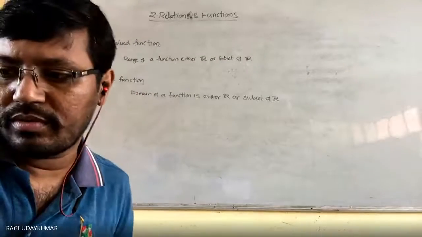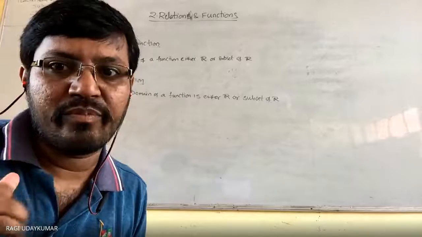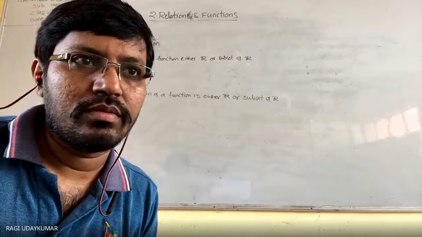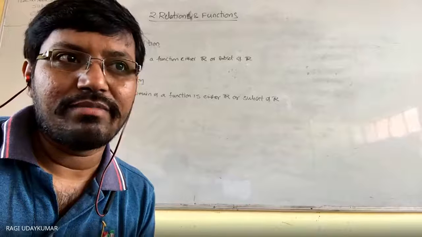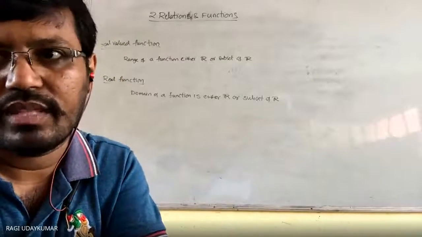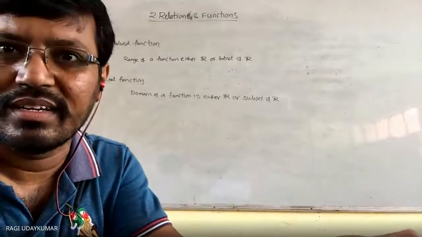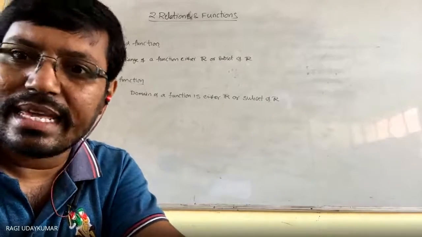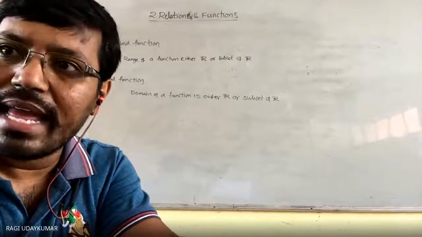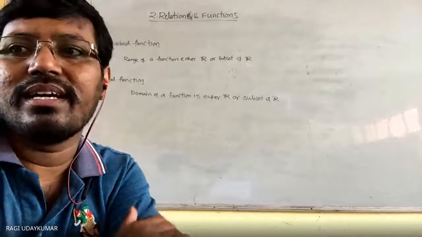Is it clear to you? Or do you have any doubt? Hello? Which one? Sir, this one, real function, real valued function again. Simple. Real valued function is nothing but value real number होना है, or a subset of real number. That is nothing but value is nothing but range. If the range is a real number set or a subset of the real numbers, it is called a real valued function. If the domain is the real number or a subset of the real number, then it is called as a real function.